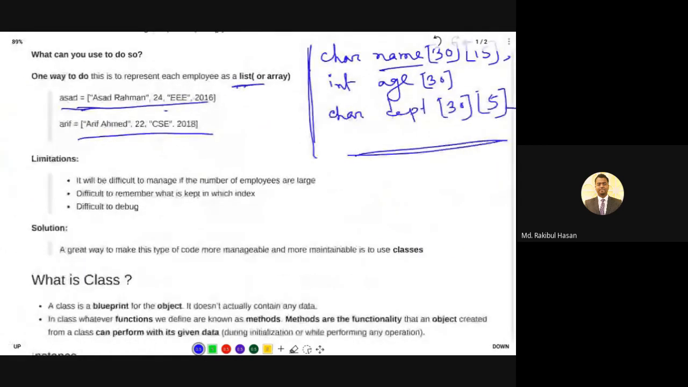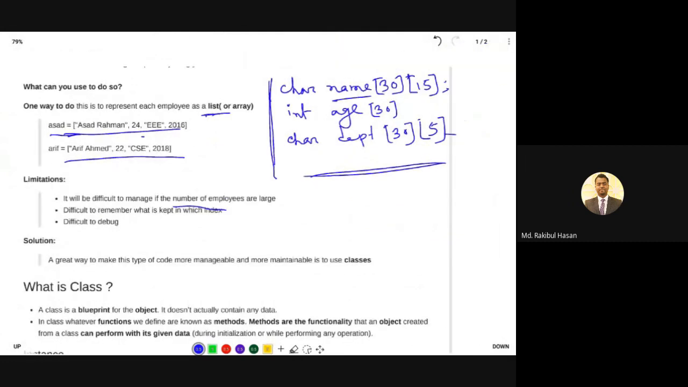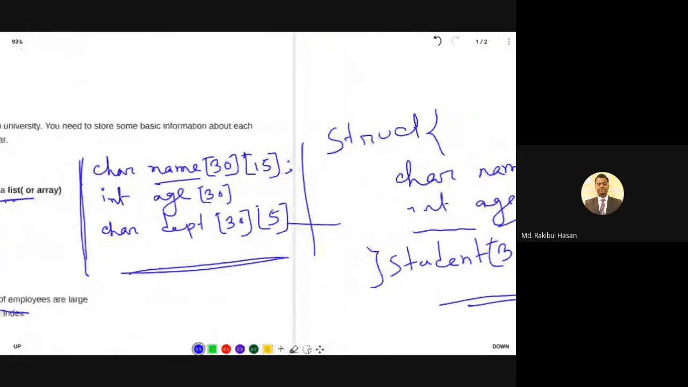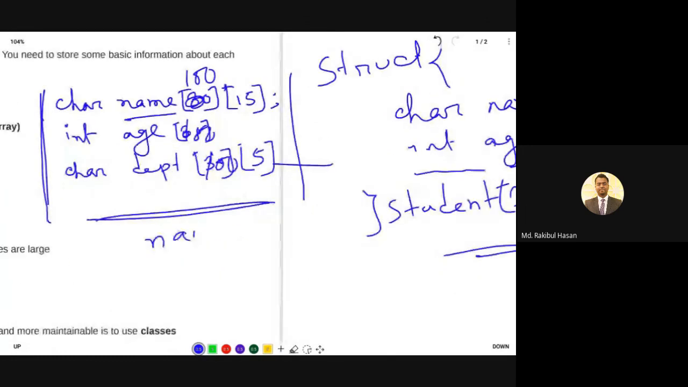Now, what is the limitation? First of all, it will be difficult to manage if the number of employees is large. That means, employees, let's say here the number of students. Let's say we have 100 students, then of course this would be 100 different variables, and we need to access them using these indexes. That means we need to consider name 0 as, let's say, the first student, and name 1 as the second student. So it would be difficult to know which student I am referring to, since all these are encoded as different